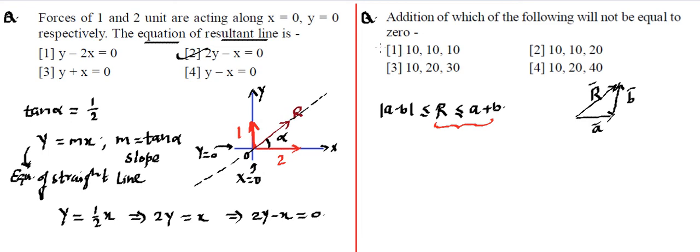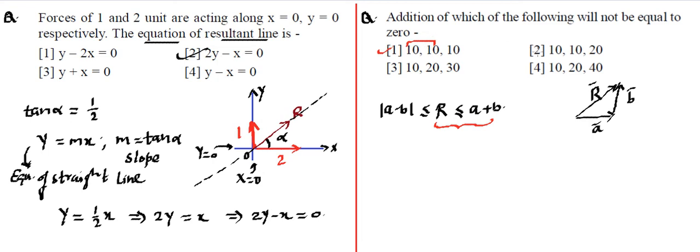Now if you look at the first option, if we sum the two sides, this plus this is greater than this, right? So the sum of the two sides is greater than the third side. The sum of any two must be greater than the third. So that means it can make a triangle, hence their sum can be 0.